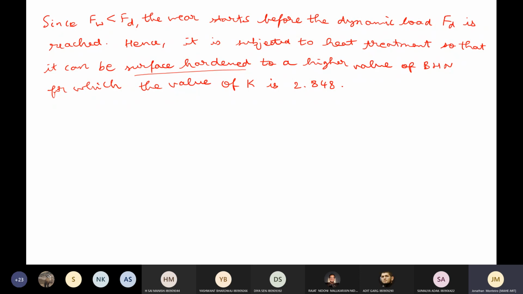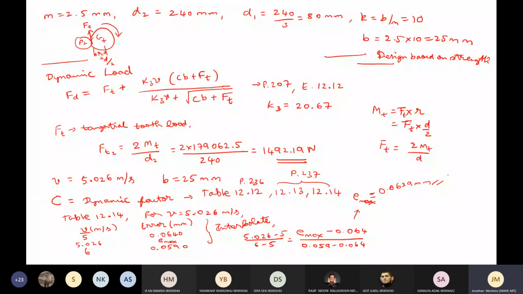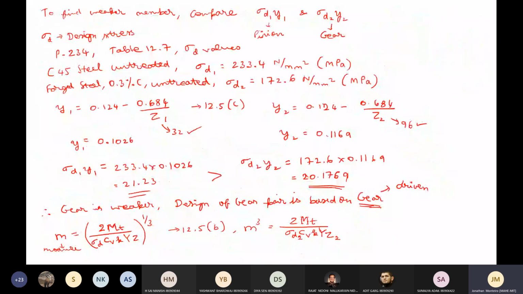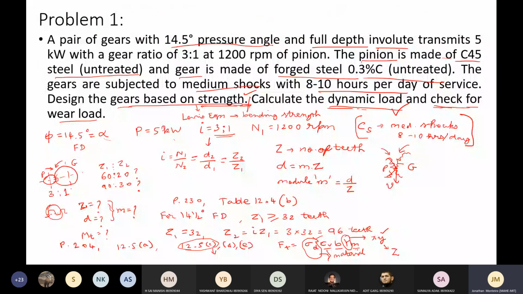But as of now, for these type of problems, you can stop till here. So what did we do? I'll just recap what we have done in the previous class so that you'll be in a position to start off the next problem.